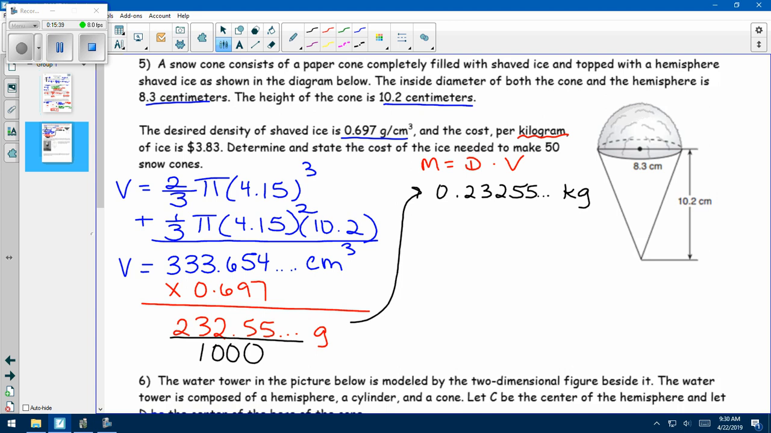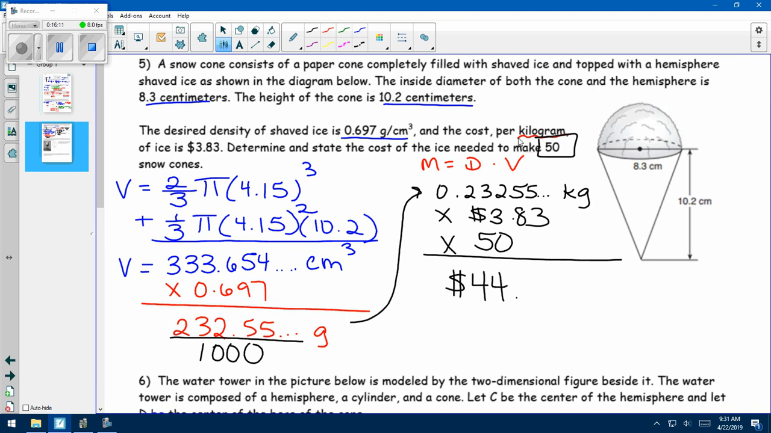And now that I have the weight in kilograms, we have two more calculations to do. The final step is it's $3.83 per kilogram. So multiply this by $3.83. But don't forget, we're also wanting to make 50 snow cones. So there's a lot of little details to pay attention to in this problem. So then I have to take that cost per snow cone and multiply it by 50. And in the end, if I multiply all this together, the cost to make 50 snow cones is